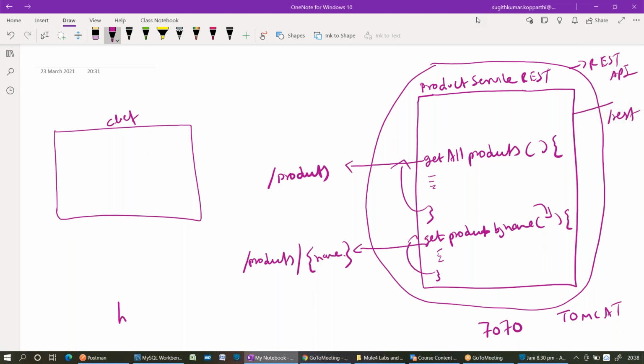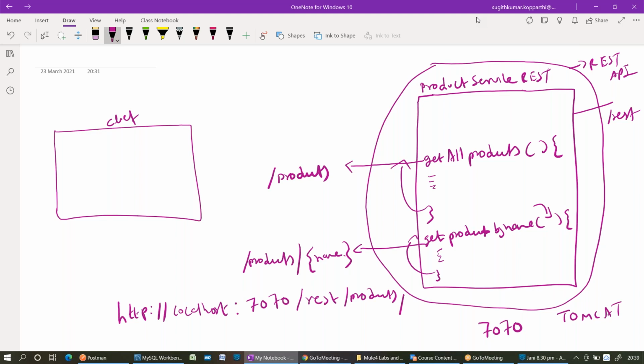The protocol is HTTP, and assume it is running on my local machine, localhost, :7070, then /REST, which is the base path, then /products. Excellent.